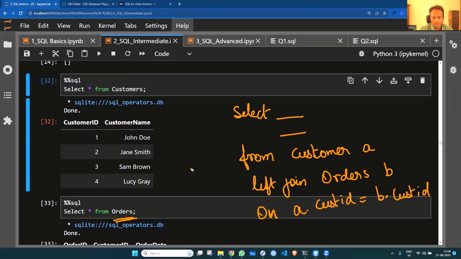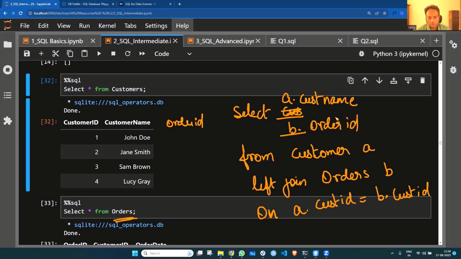Right? So we have joined this. To this table we are joining, we need the order ID. So from here, we will take A.customer_name, and from B, we will take B.order_id. We will select these two columns,